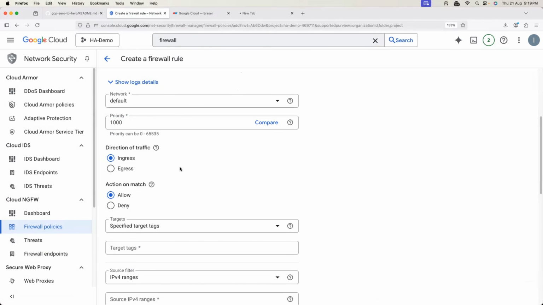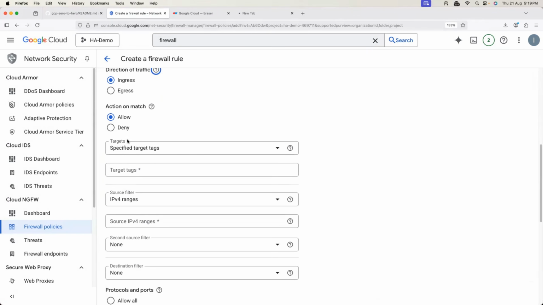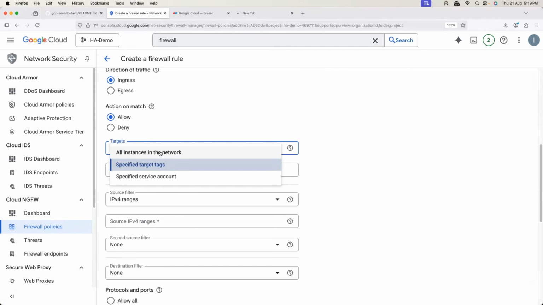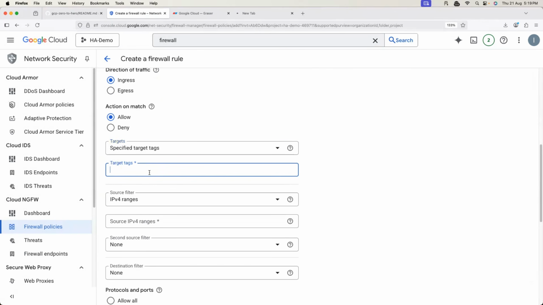Ingress, allow the traffic inside. On which port do we want to allow? We want to allow a target tag. We'll create a target tag and call it http-server. So we should enable this tag on the instances. And